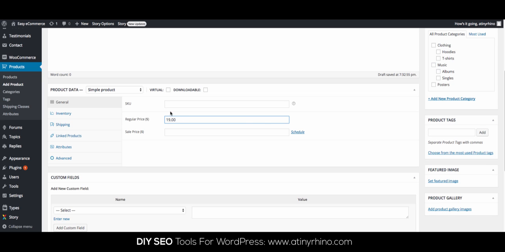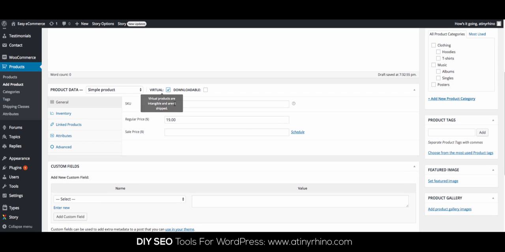The main difference here is that you'll want to select virtual beside simple product. You can deliver your virtual products in many different ways, but one way is that once the order is completed, you could include a link to the digital product on the customer receipt page or the passback page or through an email. But another option is actually for those of you who are selling downloadable products is to select this